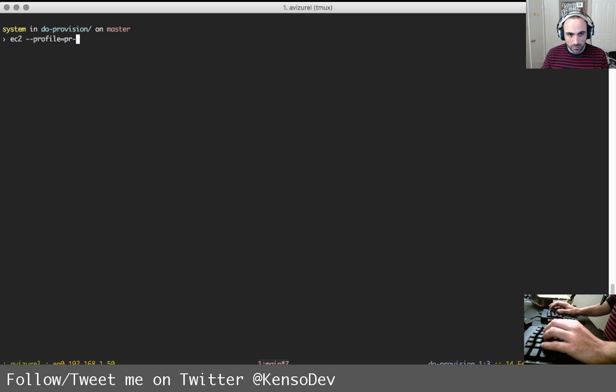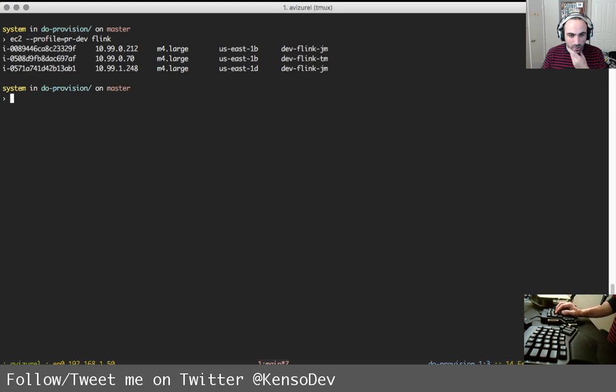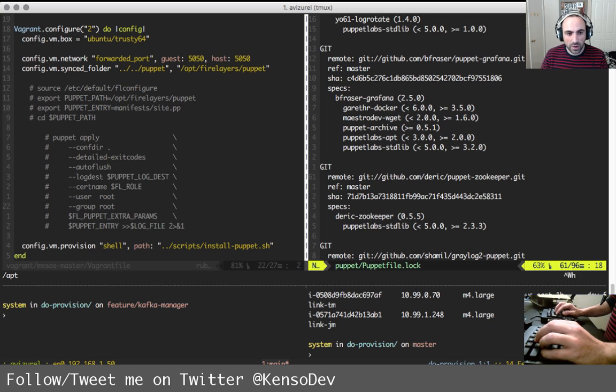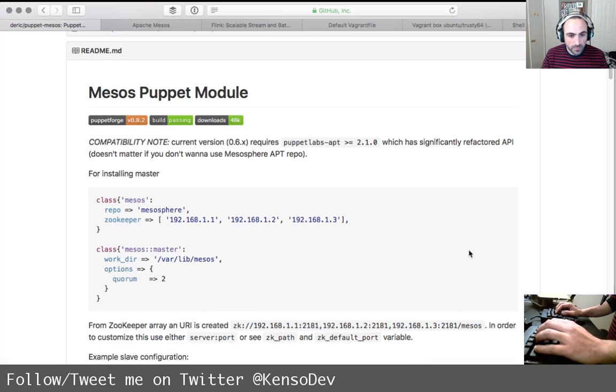But let's see what we have. We have Flink probably, and Flink has Kafka on it and it has Zookeeper on it. Okay, so we have Flink here and those IPs, so I can grab those IPs. And from the Zookeeper array, the URI is created.